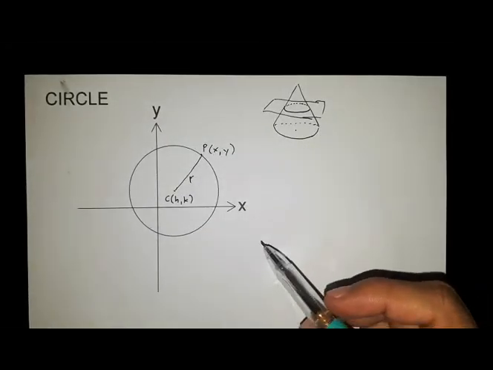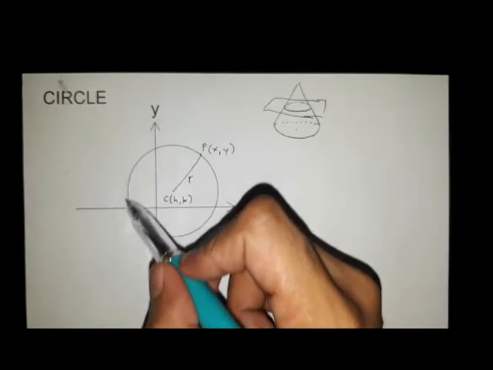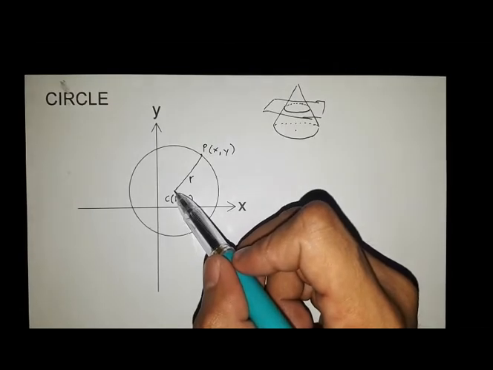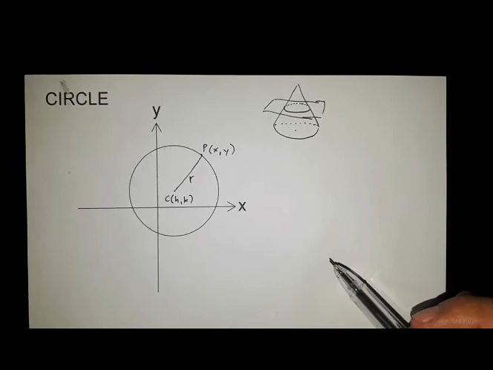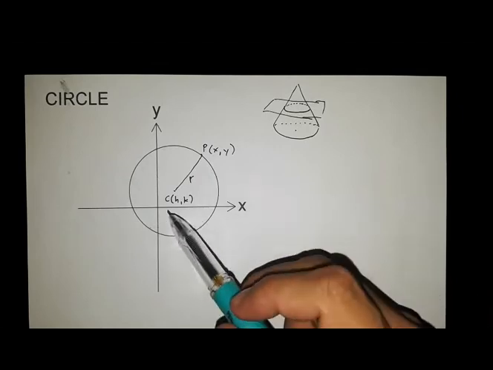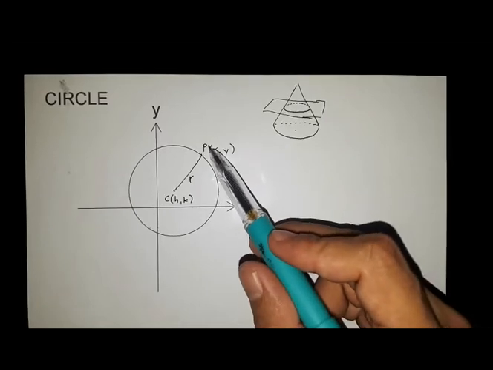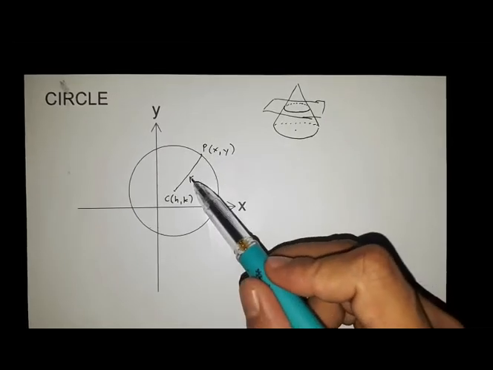One special property of a circle is that all points on the circle are equidistant to the center of the circle. Now, so if we have here center at coordinate (h, k) and point P on the circle with coordinate (x, y),